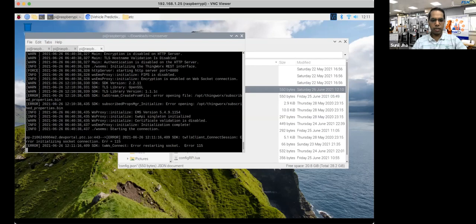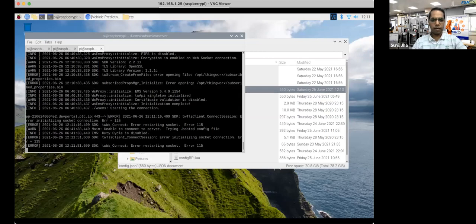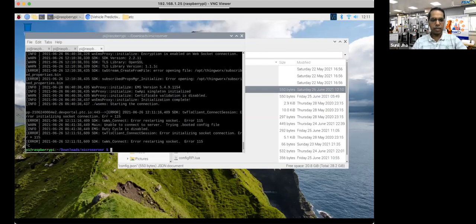So see, sometimes this ThingWorx hosted platform is creating issues. So you may need to restart it again. But once this is able to successfully connect, then you will find this. Let me just restart this.